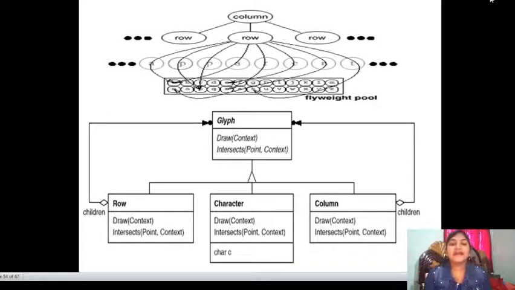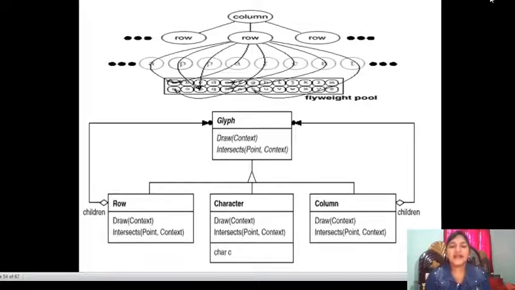Next, coming to this diagram, the flyweight pattern consists of a flyweight pool. Pool means the keyboard we have in our system; we can call it a flyweight pool. The flyweight pool consists of A, B, C, D, all the alphabets. If we want to type "apparent", first we type A, next P, next again P. Those letters will be shared to every row. That pool is known as the flyweight pool, which consists of all the characters.